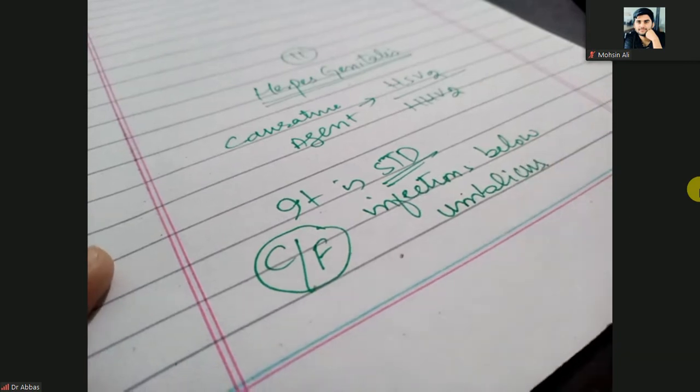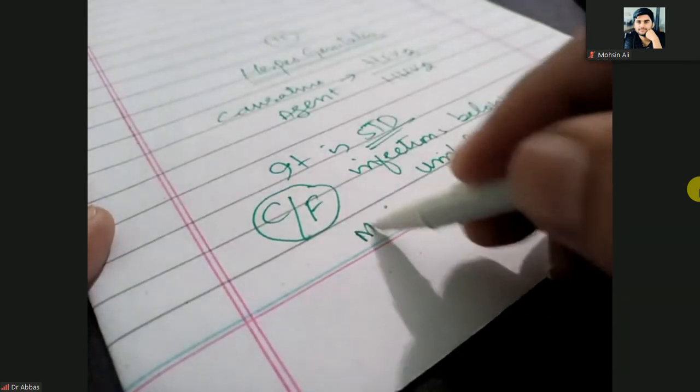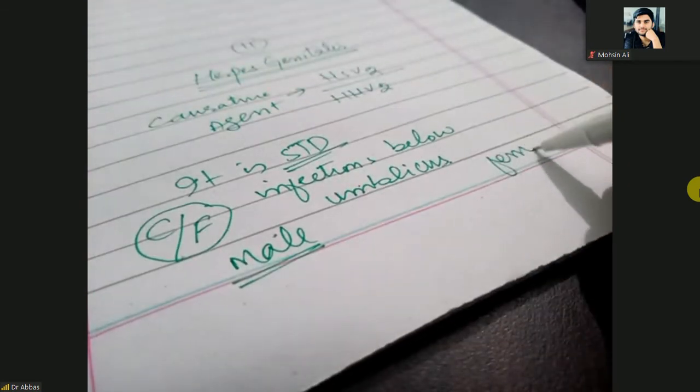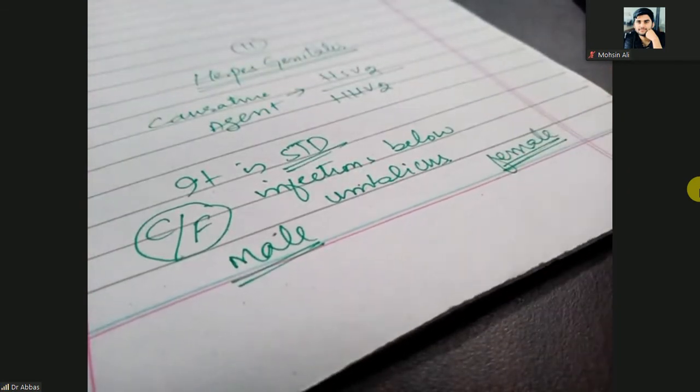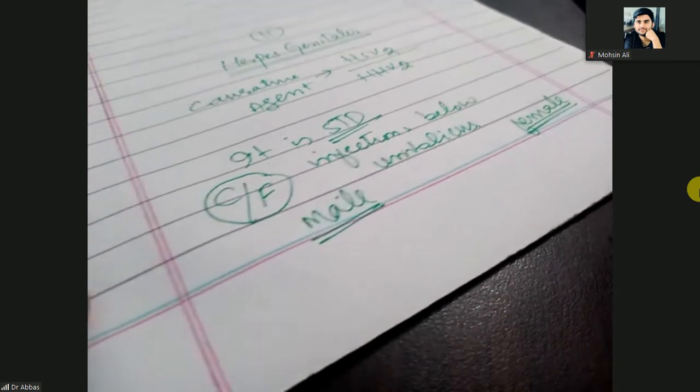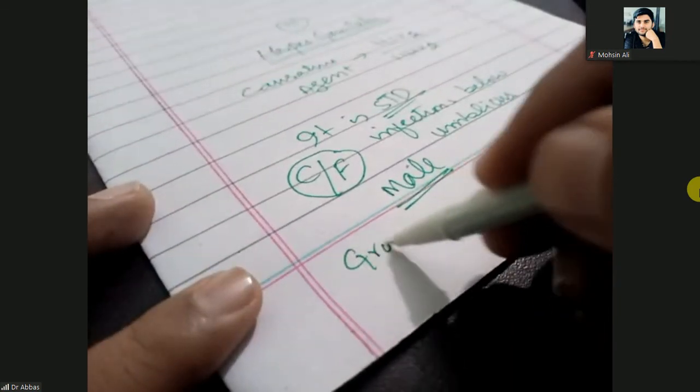Infections are below the umbilicus. So in the male, what is the clinical presentation? In the case of the female, what is the clinical presentation? Okay, so there are grouped lesions. Here is also grouped